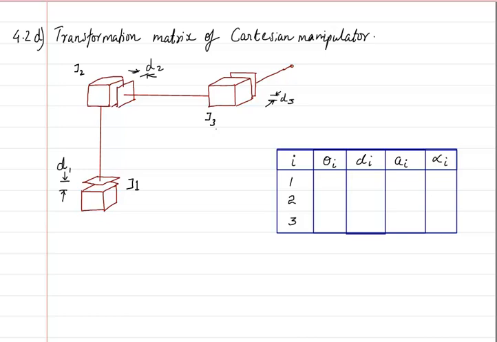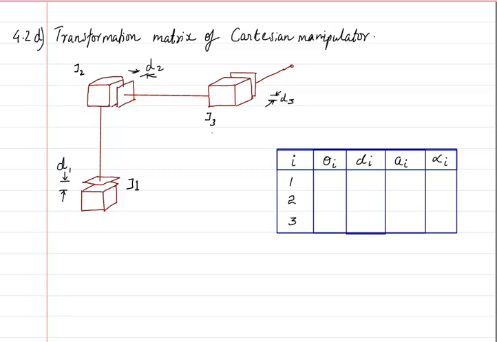Y direction. You can have the manipulator drawn in a totally different way when you look at a different book. Some may draw it as a gantry manipulator, which again is a Cartesian manipulator, or it can be drawn in some other ways. But basically it will have these three prismatic joints having movement in three orthogonal directions, x, y, z.